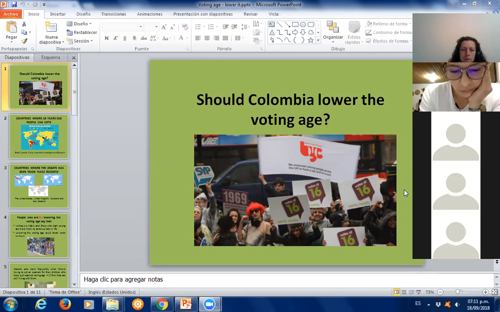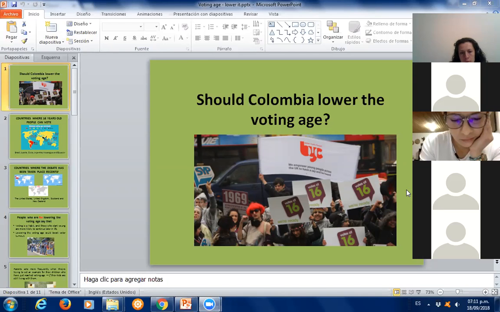They don't read too much. They just believe in what is mentioned in social networks. I think a clear example of it was this last election between Duque and Petro. From both parts there were many fake news, and many people believed that. So now people realize that many of those news were really false,